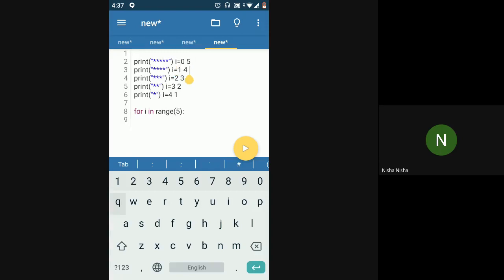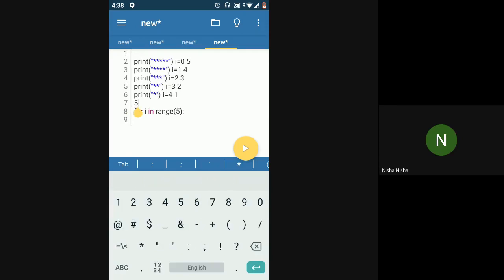When I is equal to 0, I want 5, so I can say 5 minus 0. When I is equal to 1, I want 4, so 5 minus 1. When I is equal to 2, I want 3, so 5 minus 2. So basically on every line, I want 5 minus I stars.